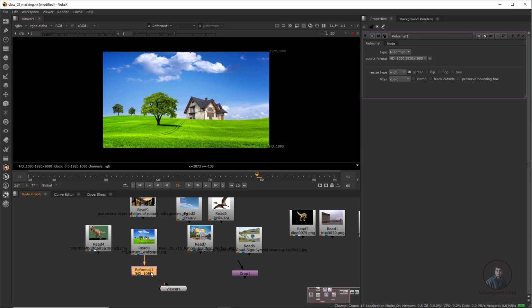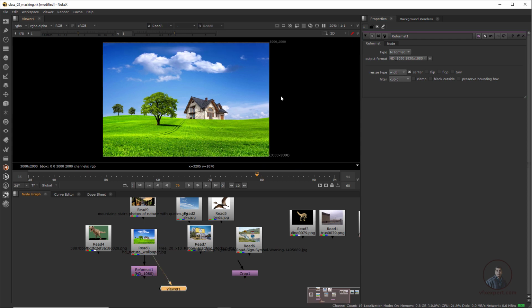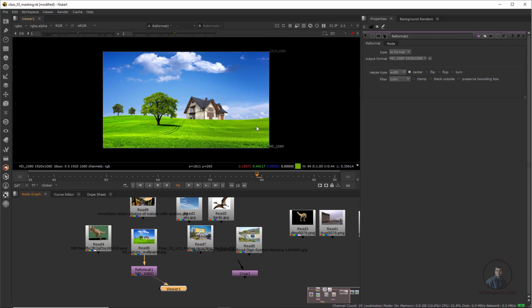This format, 1920 by 1080, is a 16:9 aspect ratio, but this image may not have a 16:9 aspect ratio. If any image has a 16:9 aspect ratio, in any format, this will automatically reformat your image and show you the entire content if the aspect ratios are the same. But because this image does not have a 16:9 aspect ratio, it will crop here.